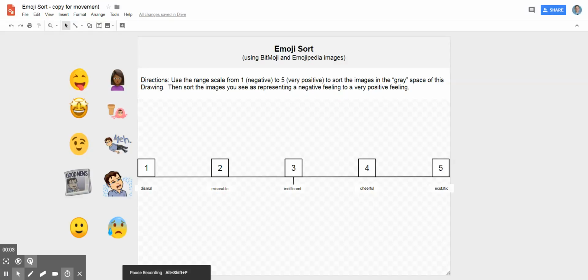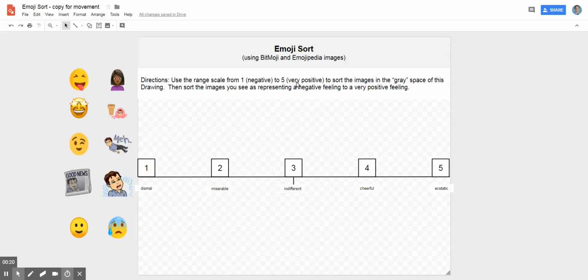Google Drawings. You can take a look at Google Drawings and get creative with this simple drawing tool to be able to make a sorting activity. Here is an example. The sorting activity, as you can read on the directions, use the range scale from 1,